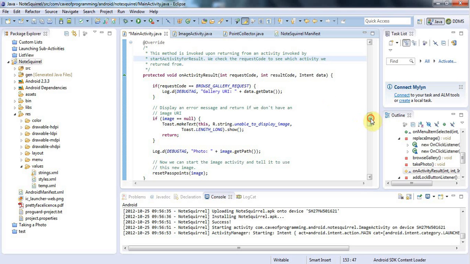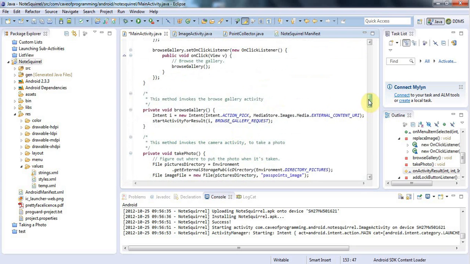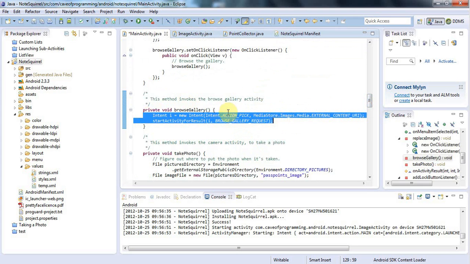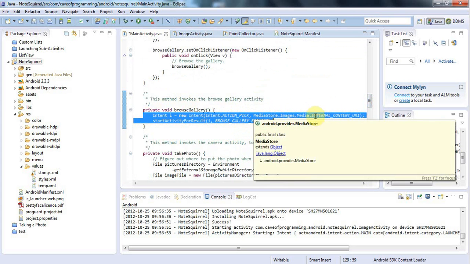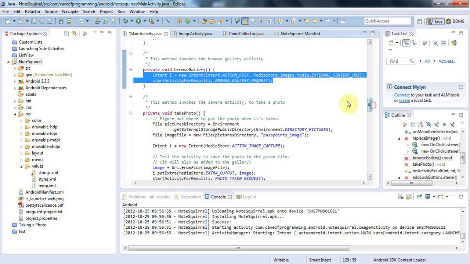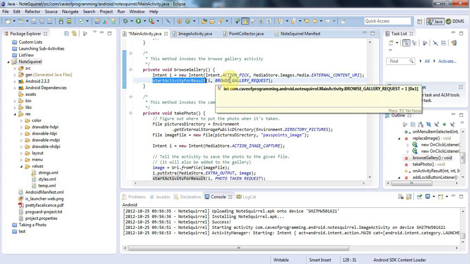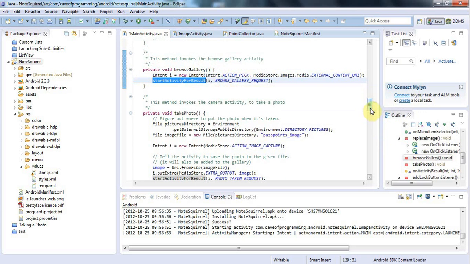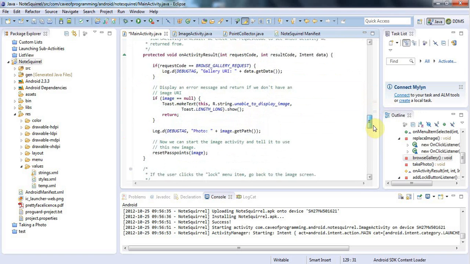can use. So in the last tutorial we looked at creating an intent to browse the gallery using this intent action pick and MediaStore.Images.Media.EXTERNAL_CONTENT_URI intent, and that opens the gallery, and I've used startActivityForResult and supplied this value BROWSE_GALLERY_REQUEST that I defined, which is just equal to 1 I think, but that's completely arbitrary. And then in onActivityResult we say that if the request code is browse gallery